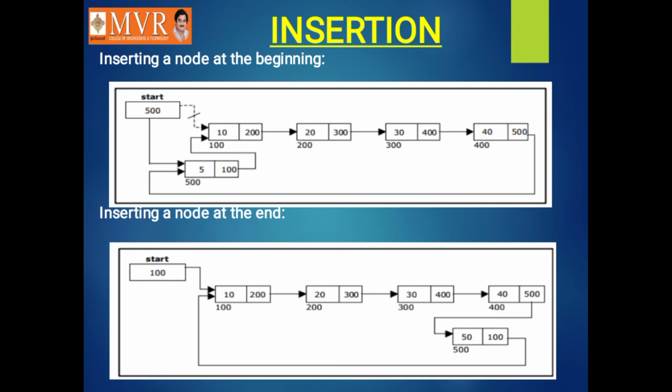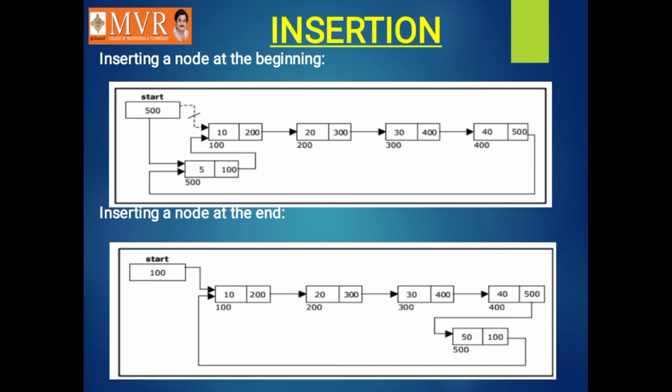The start address or the header will contain 500. That is, the starting address of the linked list is 500. From there we move to the next node, to the next node and the next node, like this. After the 500, the circle will continue, and the link will be established. The picture shows the clear-cut idea of how we insert a node at the front of a